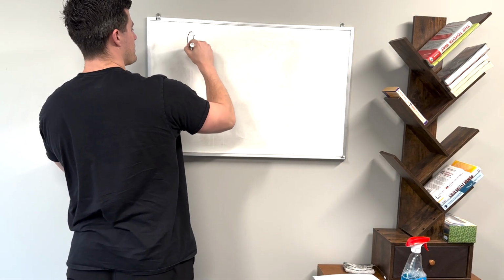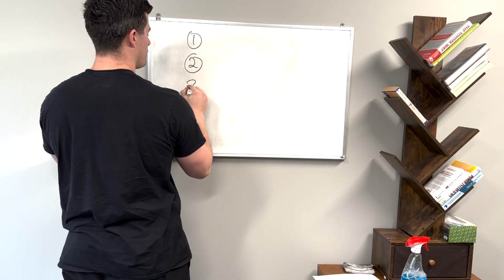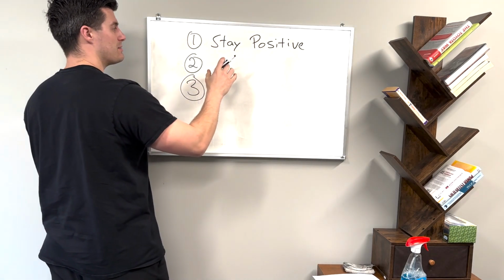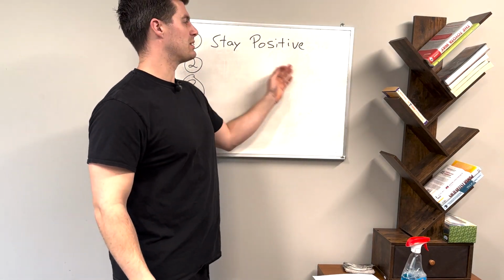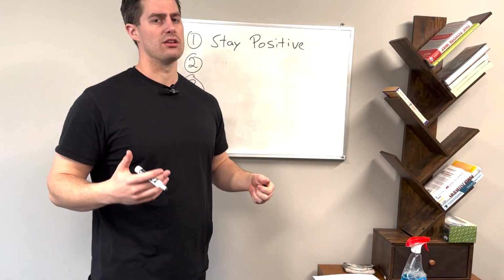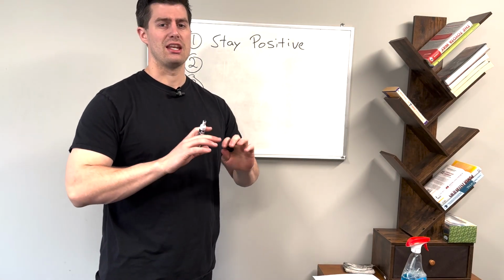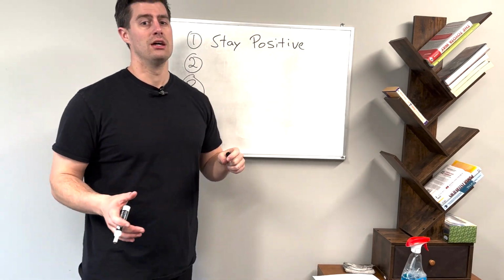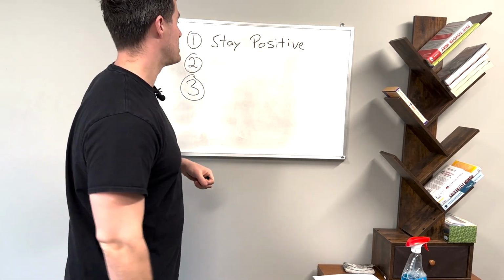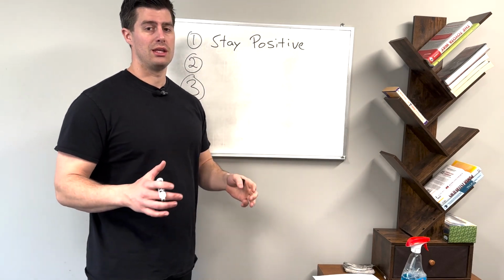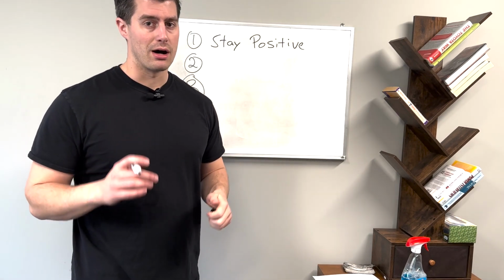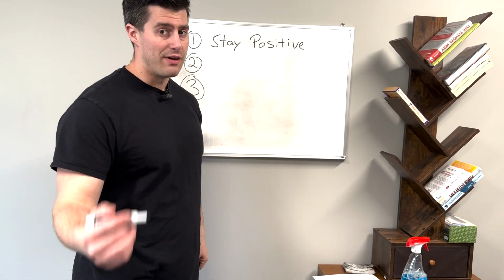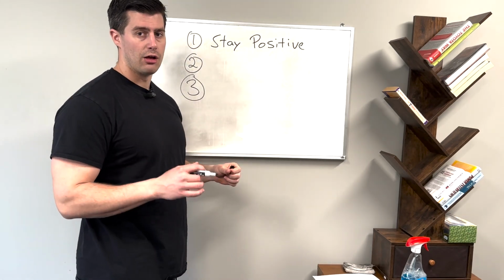Okay, so here are 3 things that you can do to overcome those challenges, or at least this is what I did. So number 1, stay positive. It's easy to be negative. It's easy to be upset and to sell that negativity on social media. If you've ever gone to Twitter, it's just a negative energy cesspool. But stay positive. People are attracted to positive energy. And if you are uplifting and optimistic and positive on social media, people are going to be attracted to that positive energy. I truly believe that you can never go wrong by staying positive, providing value for other people, and just genuinely trying to help other people.